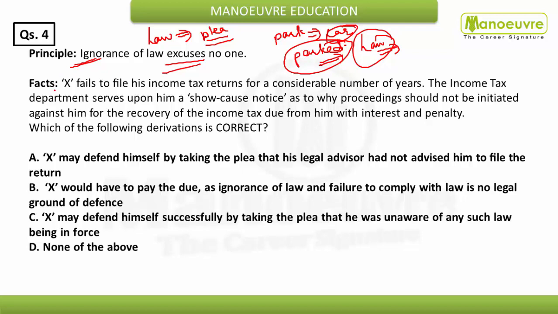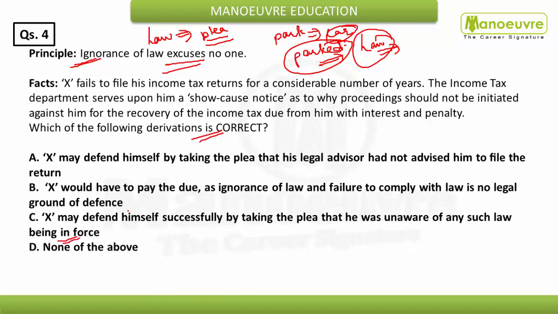X fails to file his income tax returns for a considerable number of years. The income tax department serves upon him a show cause notice as to why proceedings should be initiated against him for recovery of the income tax due from him with interest and penalty. Which of the following derivations is correct? X may defend himself by taking the plea that his legal advisor had not advised him to file the return. X would have to pay the due as ignorance of law and failure to comply with law is no legal ground of defense. X may defend himself successfully by taking the plea that he was unaware of any such law